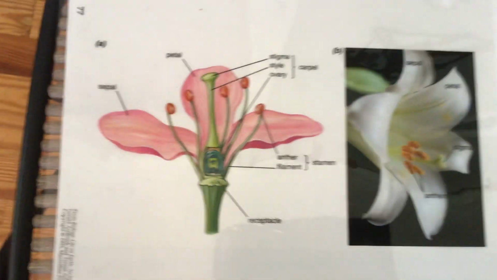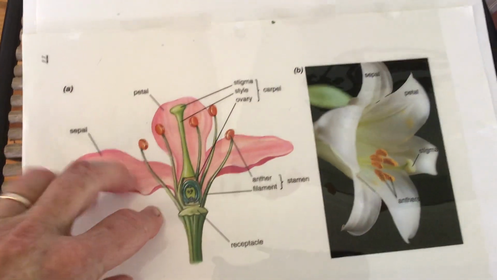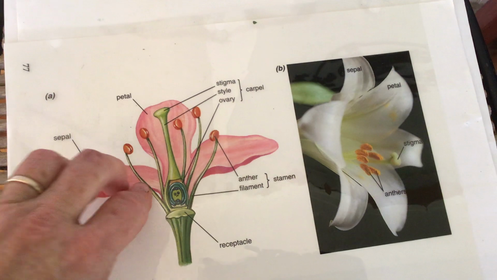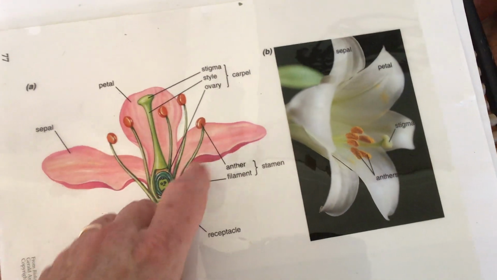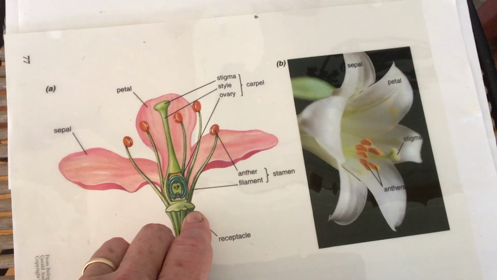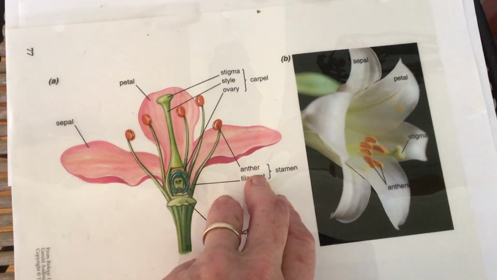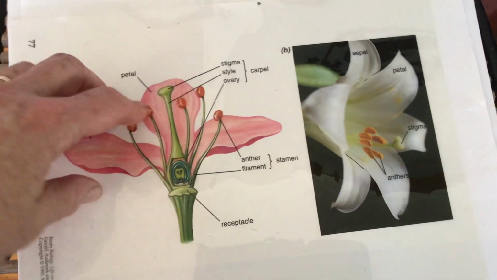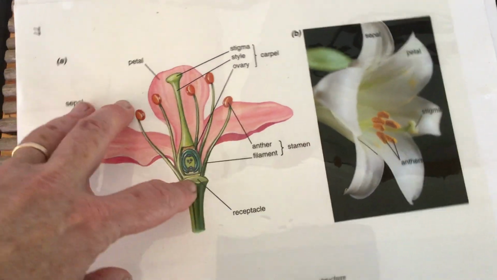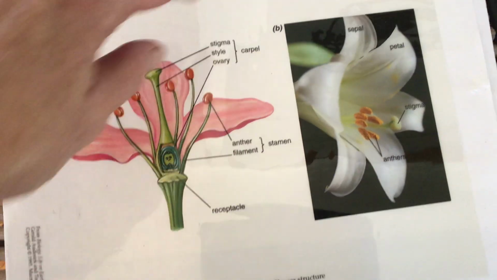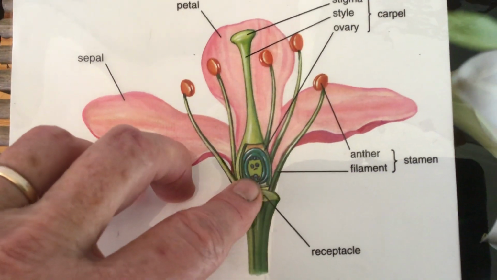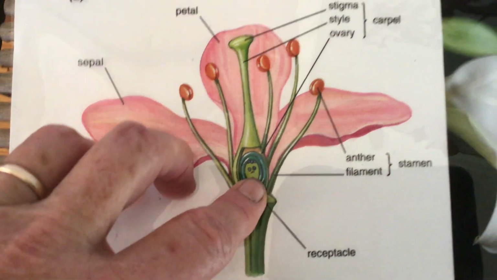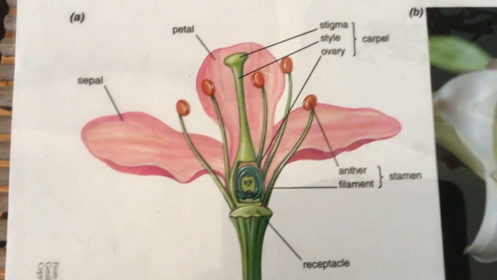Going back to this diagram, just to kind of put it in perspective, just the male parts in particular. So we have then the anther and the filament that is holding the anther up, and those are both part of the stamen. And then you have the stigma, style, and ovary that are part of the carpel, and inside the ovary is going to be the ovule or ovules. There can be many of those parts. Okay. Now,